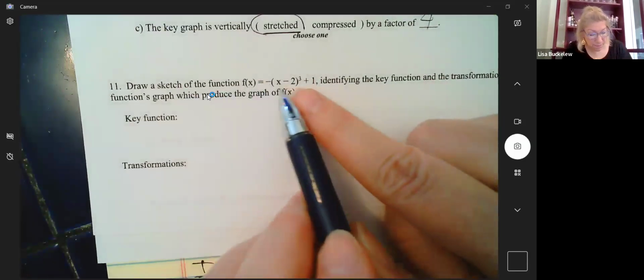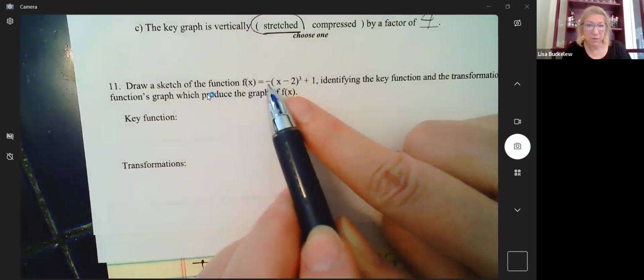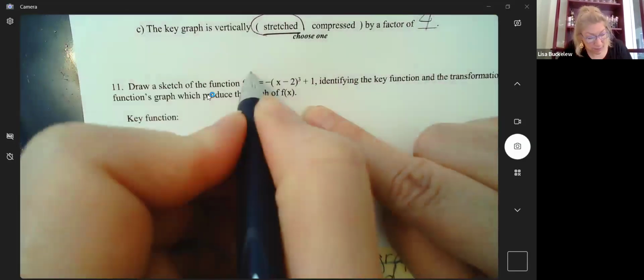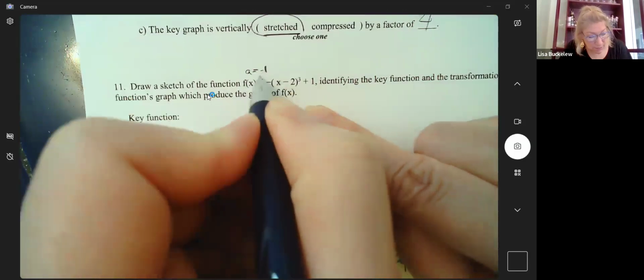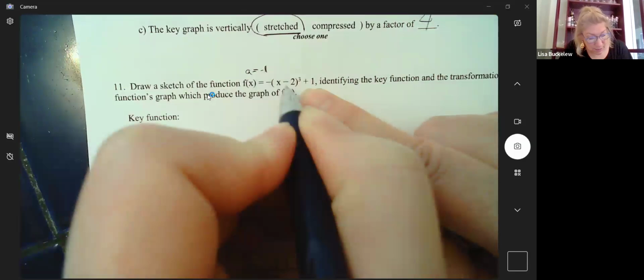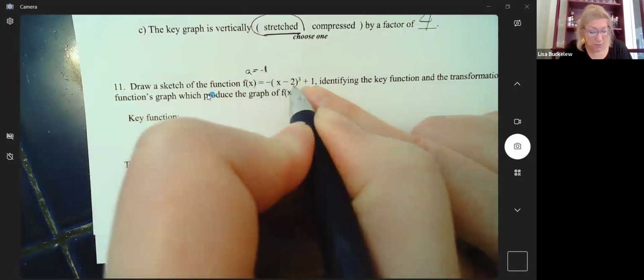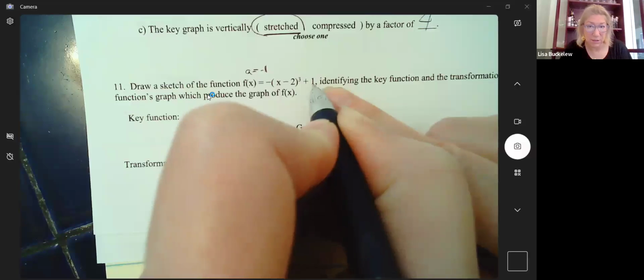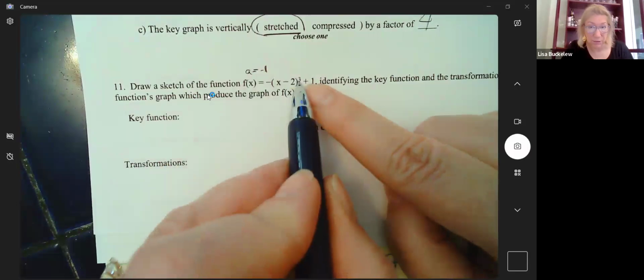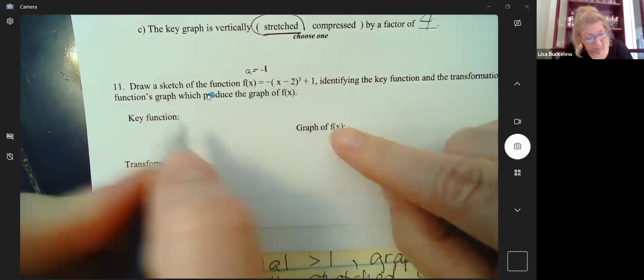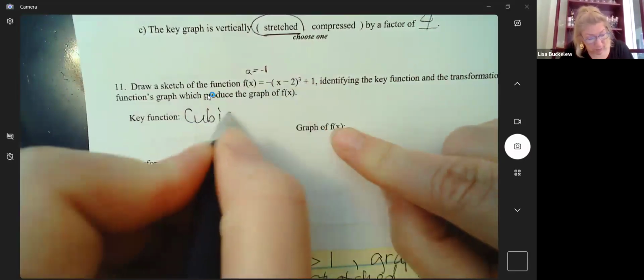Let's look through here. There's a minus in front of it. That would be like our A value is -1. So that would tell us it's got a traditional shape, but it's going to be flipped upside down. This tells me that the H value is 2. So that's going to be a horizontal shift. And then this is the K value that's added later here. So the key function is the one that's not any of those. That little cubic there tells us that the key function is the cube or the cubic function, the X